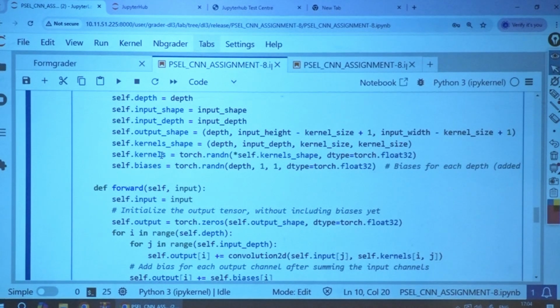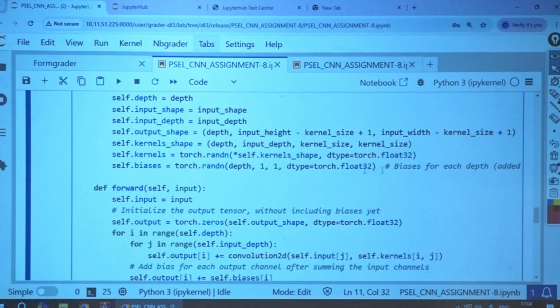The kernel is defined as a torch tensor with a random normal distribution of the kernel shape. And the bias in the last session I had initialized with a random normal distribution of the output shape, if you remember. Now I changed it.